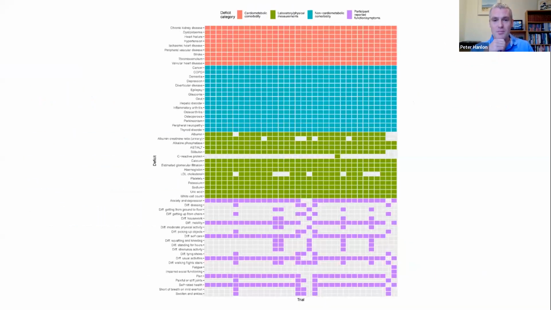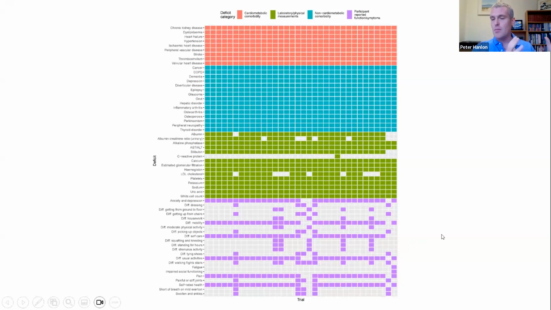This is a busy slide, but basically shows for each trial in a column the variables that we wanted to include in the frailty index which were present. And the reason I'm showing this is that the top two blocks of color, so the pink blocks at the top, and then the teal, green, blue ones below them, are the long-term conditions in the trials that we thought were important for estimating frailty. So things that got more common with age and were impactful in terms of health. And they were really consistently measured across these trials, which were the ones that also included some measure of function that allowed us to do frailty. Function's the purple at the bottom.